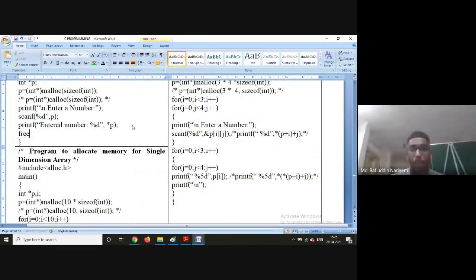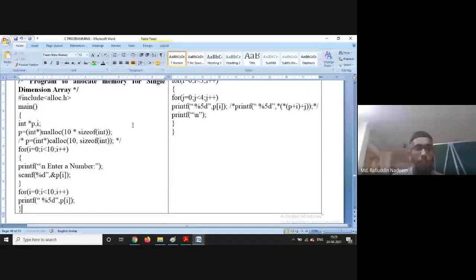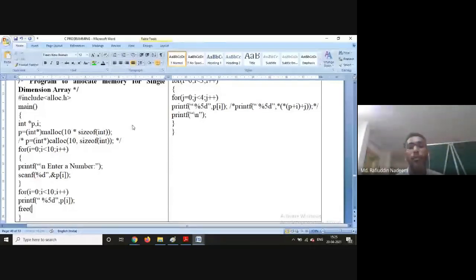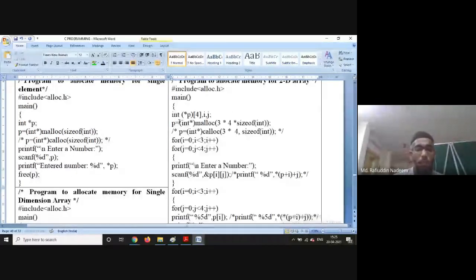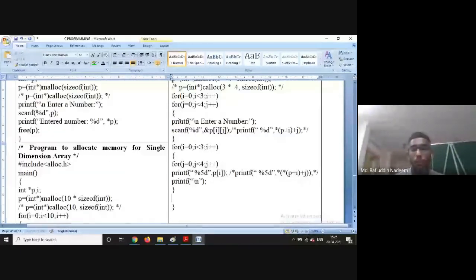Free p. So when you say free p, whatever memory is allocated, that is freed there. Likewise, in the other statements also, the last statement should be free p. I will explain this program now.